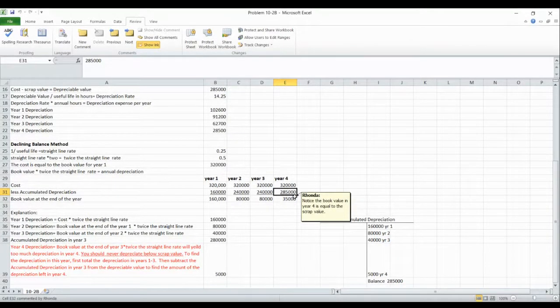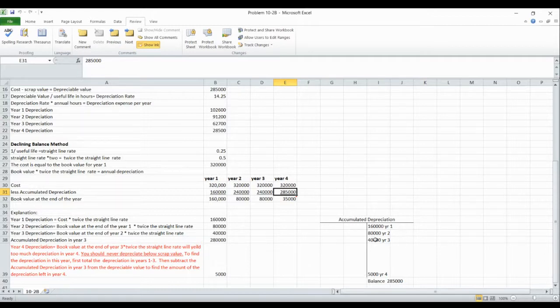Notice there's a red triangle here. I've left you a text message here, and I want you to see that the book value in year 4 is equal to the scrap value. And so I hope that's helped you in determining the depreciation that you would use in each one of the years. When we go back to Cengage, we're going to use the depreciation that comes from this T account in